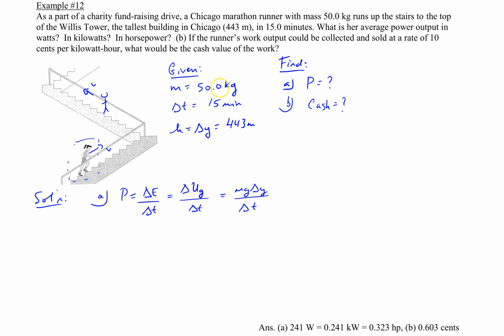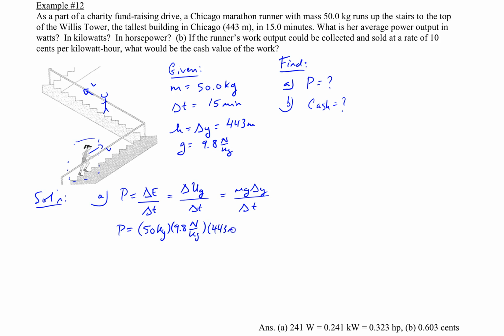Do we know her mass? Yep. Do we know what g is? Yes, g, assuming she's on Earth, 9.8 newtons per kilogram, or meters per second squared. Do we know her delta y? Yep, that's 443, and we know her time. So yes, we can go ahead now and calculate the power. So the power would be the mass of the runner, 50 kilograms, g is 9.8 newtons per kilogram, delta y would be